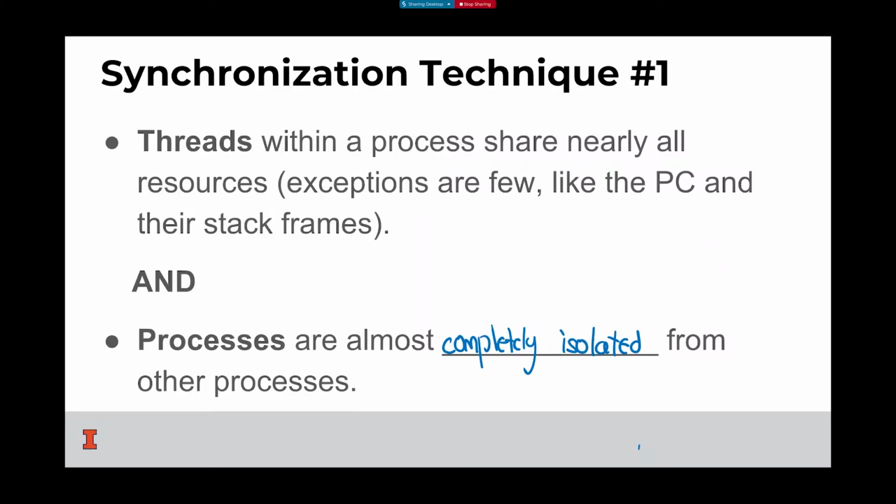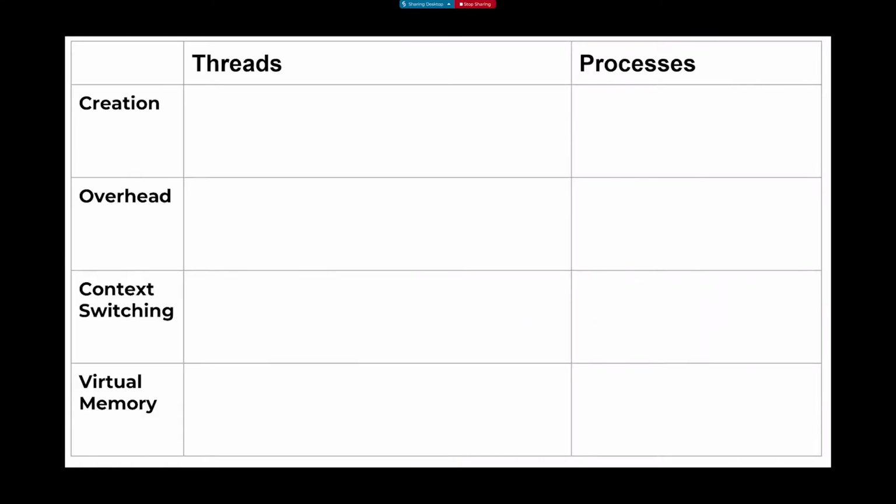So you have this idea that threads are extremely shared. They have lots of resources they're sharing. And you have processes that are nearly completely isolated from each other. And we can look at the different trade-offs between whether or not we as programmers will want to use a thread or want to use a process. So I have a little table that we're going to talk about